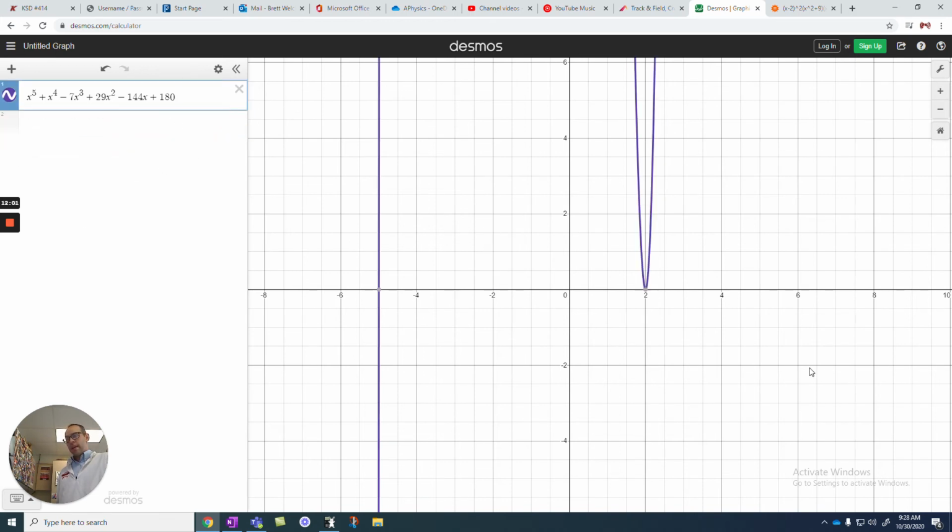But when it bounces, instead of passing through, we call it a double root or a multiplicity. That means this answer 2 should be counted twice because it will divide out twice. And so let's look at what happens when we use -5 and +2 in our synthetic